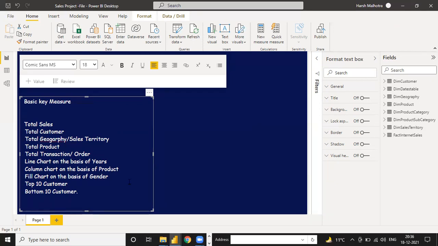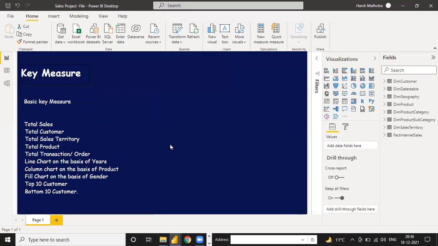Guys, why do I write basic key measure? Because this is very important, this is the base of the analyzing part, the base of time intelligence. Suppose if we want to analyze anything, this is the base of time intelligence. These 10 functions are very basic.